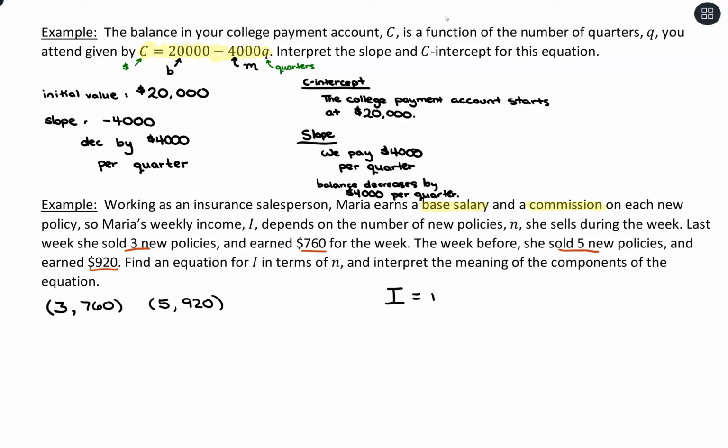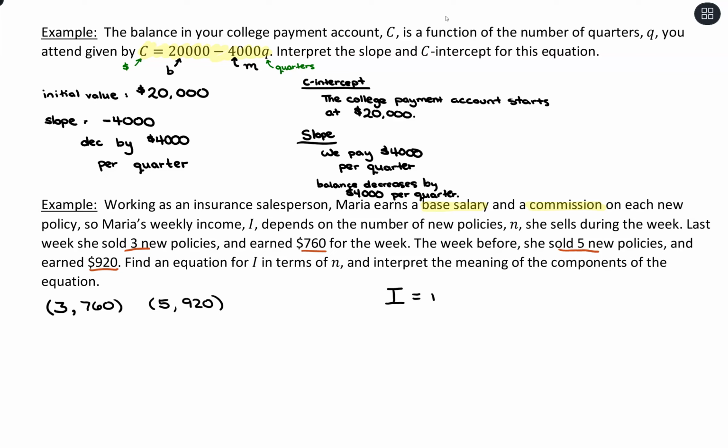So I know I have I equals 80 times n plus b, but I don't know what b is yet. What we can do is plug in one of our coordinates. Doesn't matter which one. I'll go ahead with the 3 and 760. So that tells me 760 is equal to 80 times 3 plus b. So 760 is equal to 240 plus b. Subtract 240 from both sides for 520. And with that, we get our equation I equals 80 times n plus 520,